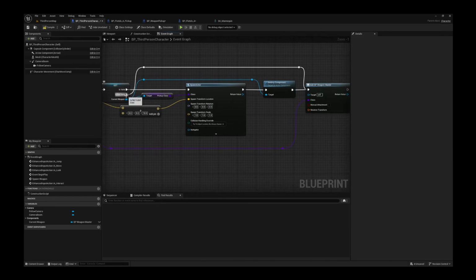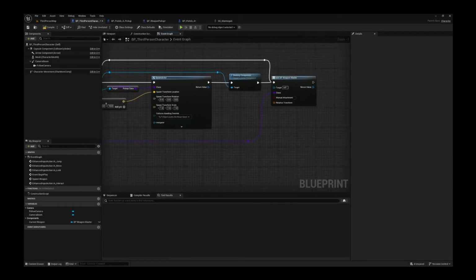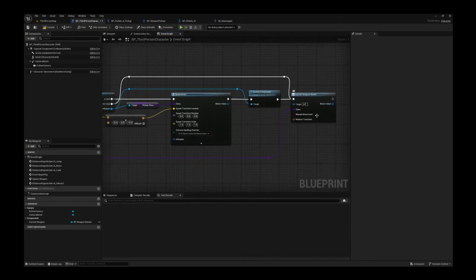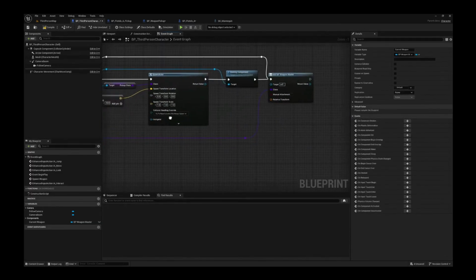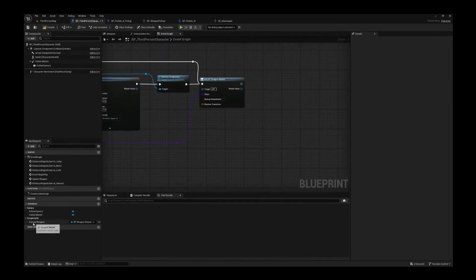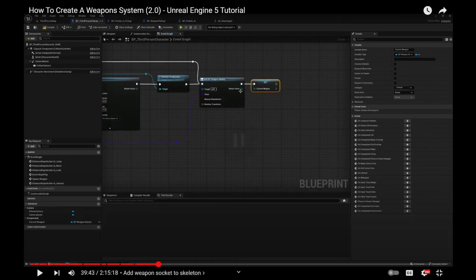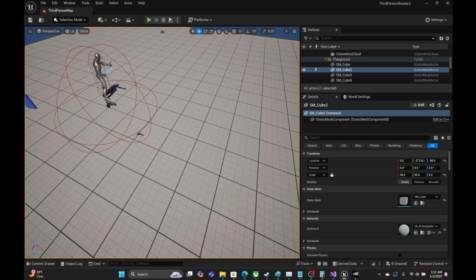So if we don't have a weapon, we want to skip this part where we spawn a pickup and just add the component like so. And then the return value here is what we will set as the current weapon right here. So we can hold Alt and click and drag current weapon out, and then